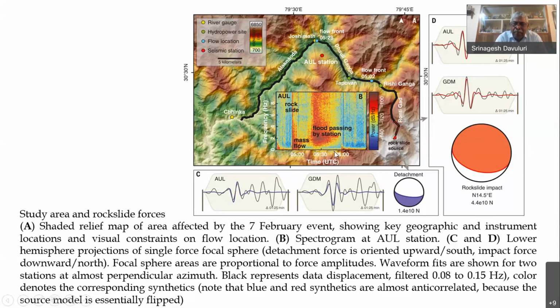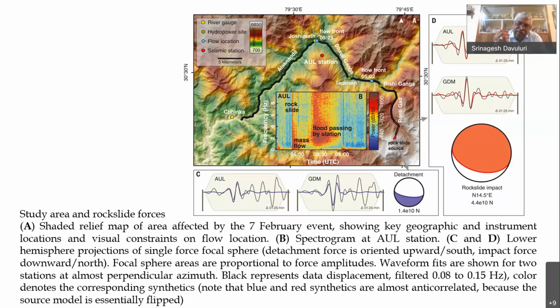And if you look at the probability spectral density function of the seismogram, you can very clearly see the rock slide. There is a high energy, which you can particularly see. The redder the color, the more the energy, the more the power of the spectral energy. And then we have the mass flow, which is happening. And then after 15 to 20 minutes, you do have the flood passing by the station. And very clearly, the flood was passing by the station for about 10 to 15 minutes.